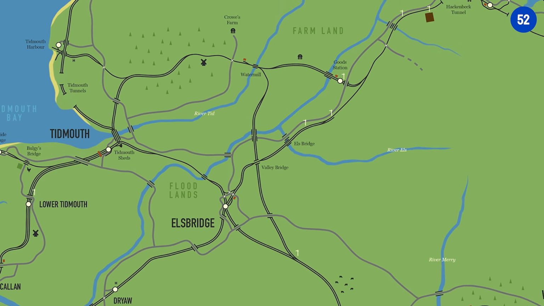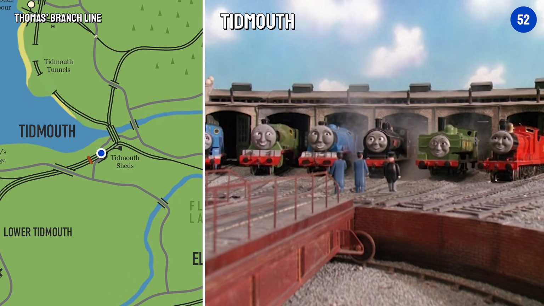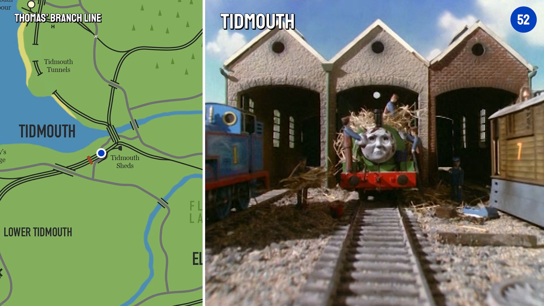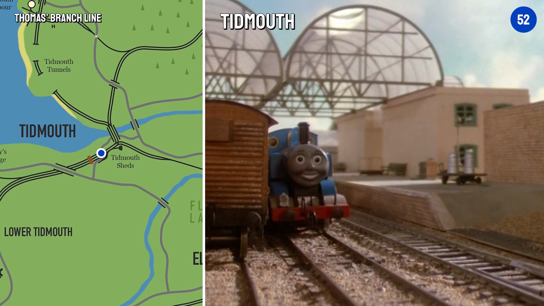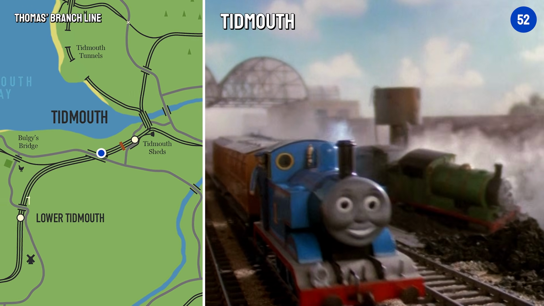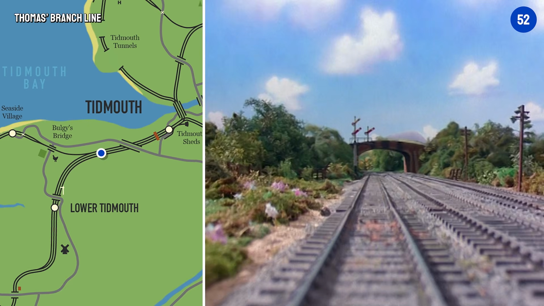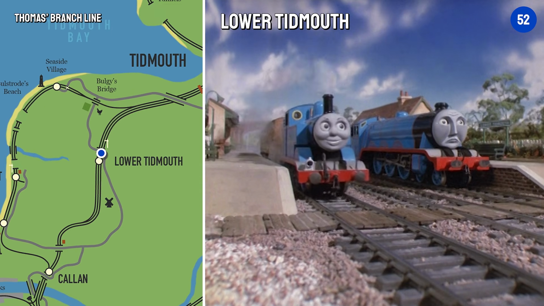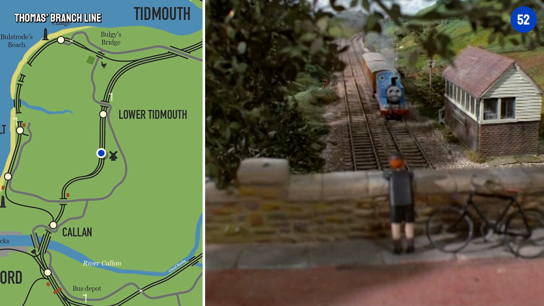Let's start at Tidmouth for Thomas's line. Tidmouth sheds and the branch line sheds are both at Tidmouth, obviously, and Thomas has been shown to stay at both. I think it's reasonable to say Thomas's branch line starts at Tidmouth. After departing Tidmouth, the branch line follows the main line for a while, going through Lower Tidmouth, under the intro